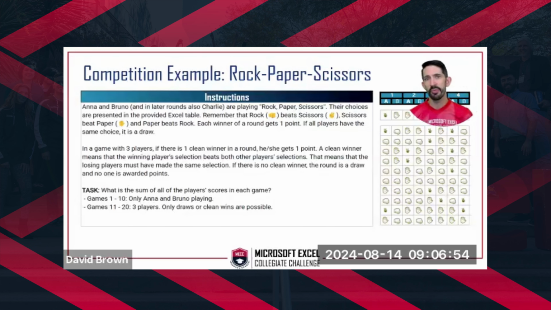Another thing I want to show is the competition, and I'll talk more about the finals towards the end of the webinar. But here's just an example. Think of any kind of game that's easily relatable for anyone. So rock, paper, scissors, most people have heard of that. In this example, you can see we have a set of data with round 1, round 2, round 3, round 4 for players A and B, and they have all different symbols of rock, paper, or scissors, and you can calculate who won the first game, who won the second, maybe who won best 2 out of 3. So those are the kind of logical exercises you have to do in these competitions.